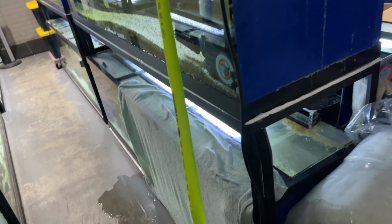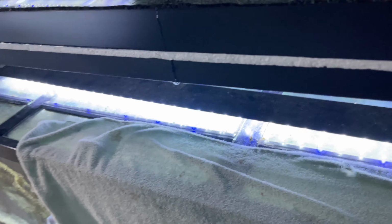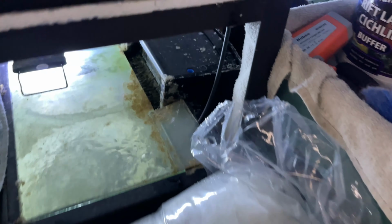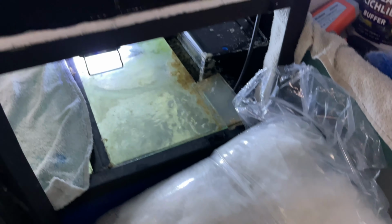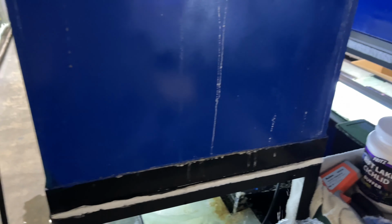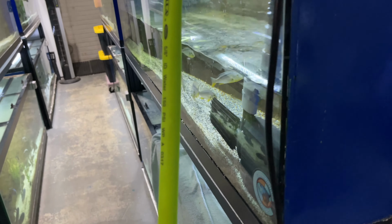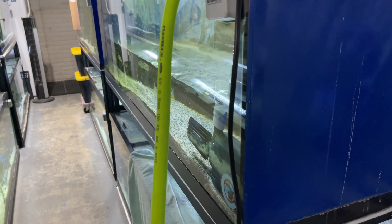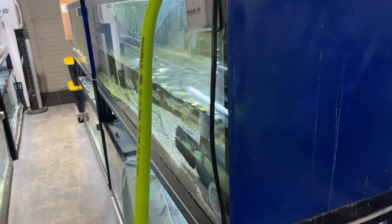Looks like it's coming out of the bottom. I'm not 100% sure. The water's protruding on the trim and coming out of the bottom and coming out of the back on the bottom. So the seal went somewhere, just don't know exactly where, and the water is coming from the side here. The foam underneath is completely saturated. That's why the water is dripping from a lot of places, but we really won't know until we get the background out, and then the tank emptied, fish moved, background out, and then we need to get the tank off the